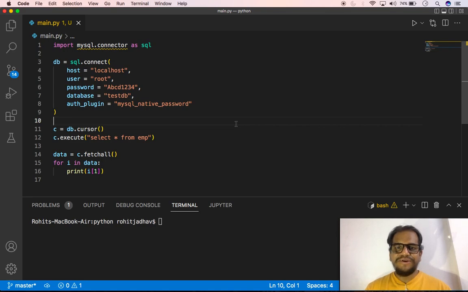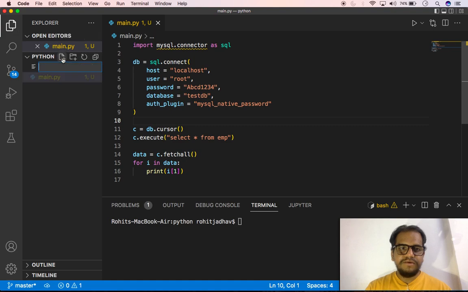So hello everyone, today we will learn the insert query with Python into MySQL. So let's start. First we can create here one